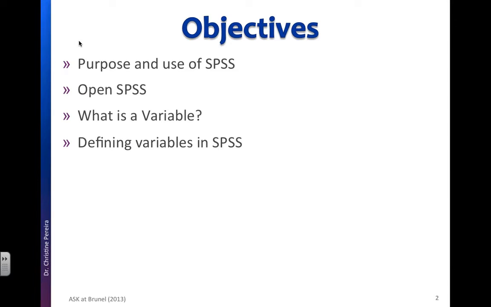Now, once you know what your variables are, you can define them in SPSS. And once you define them, you can go ahead and start entering your data. Now, once you've entered all your data, you're going to want to save your files, and I'm going to show you how to save them so that you can find them later,